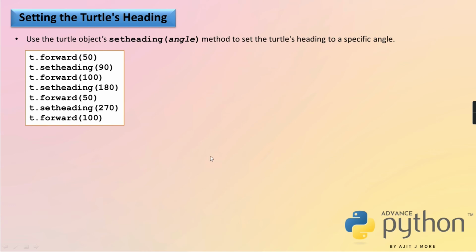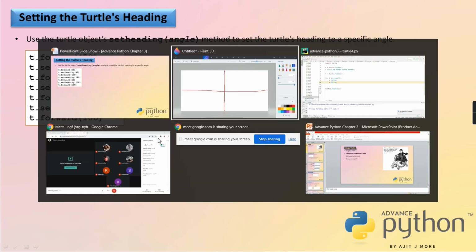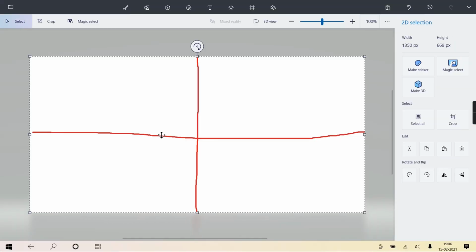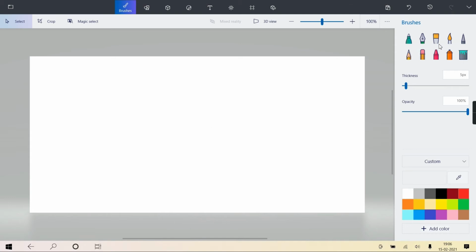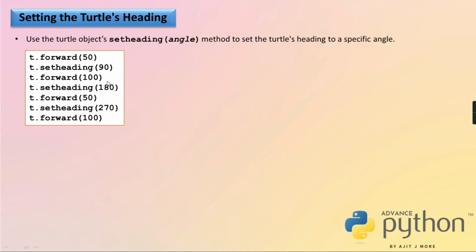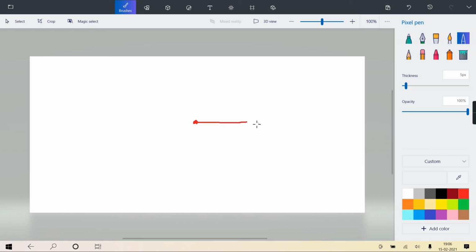Initially it is here at the center. Now I have said forward 50. Then set heading 90. So 90 with respect to the origin, it goes anti-clockwise.